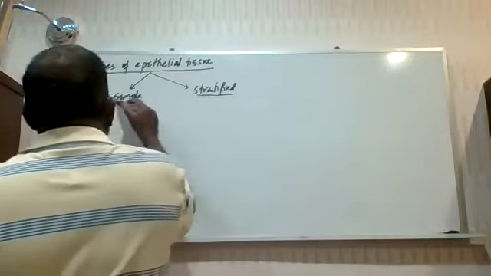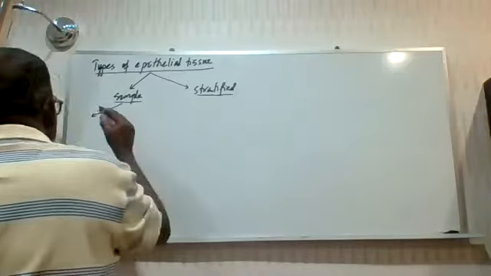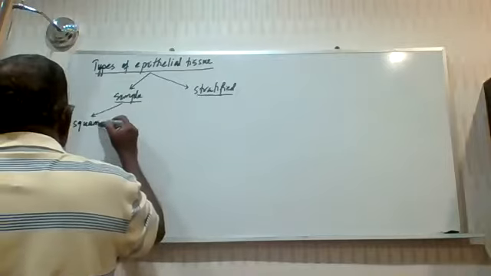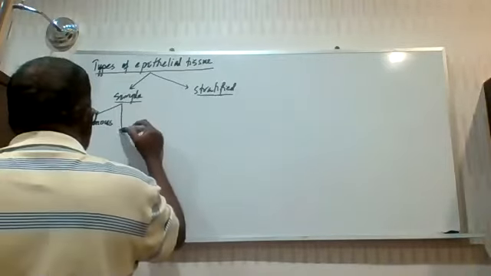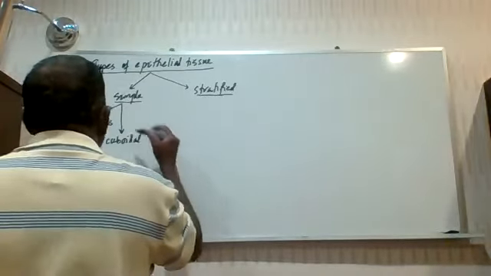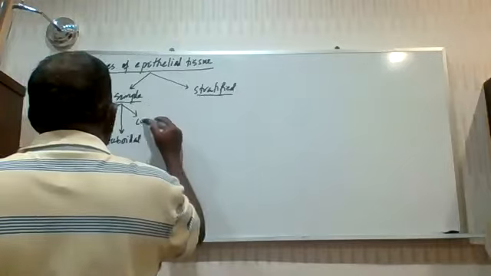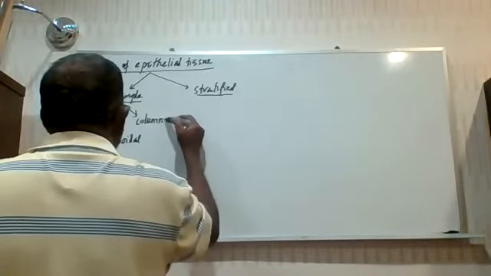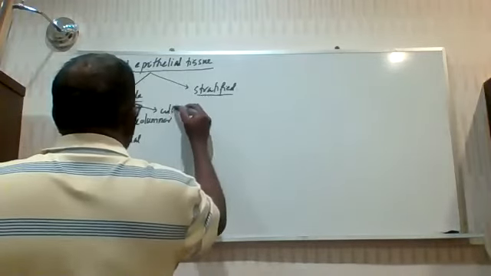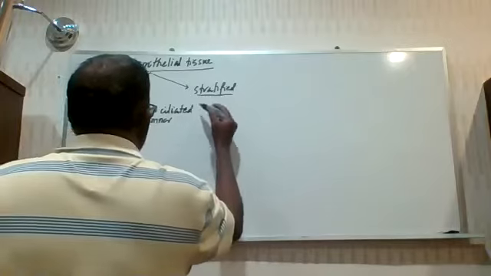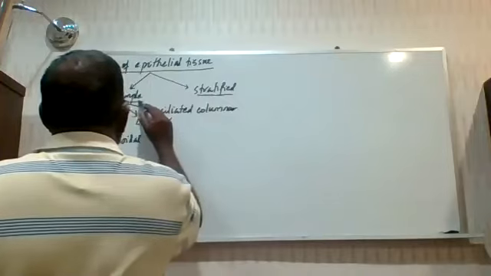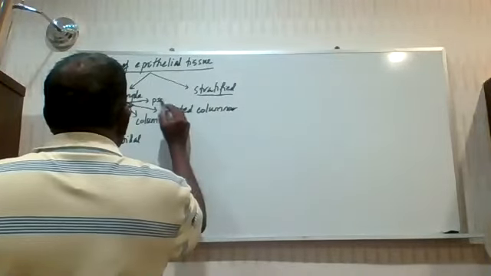Now the simple is divided into 5. You have simple squamous, simple cuboidal, simple columnar, simple ciliated columnar, and finally, you have pseudo